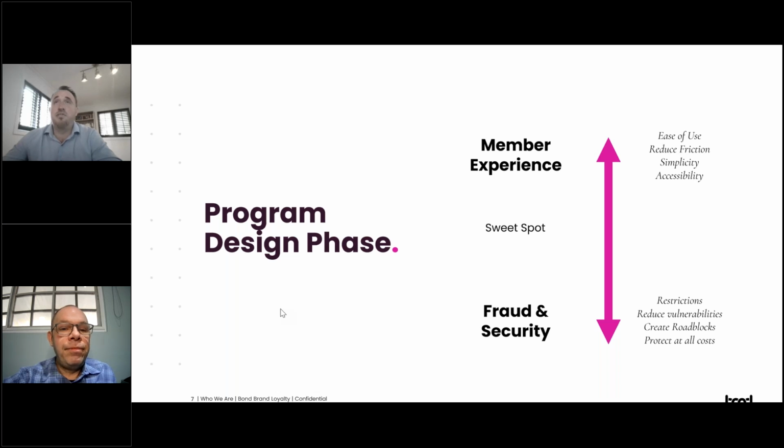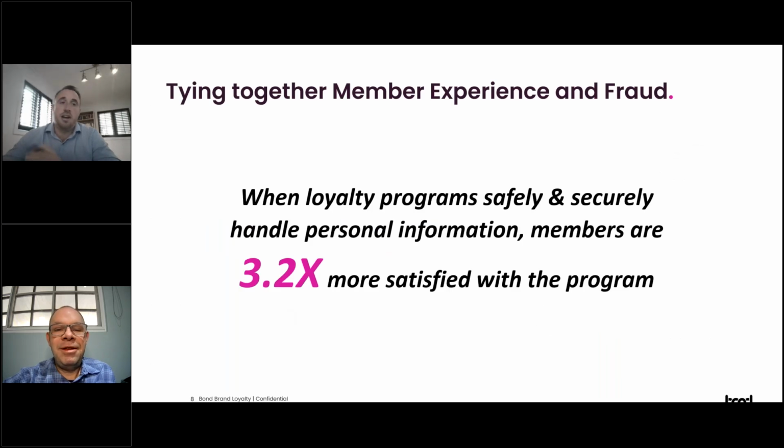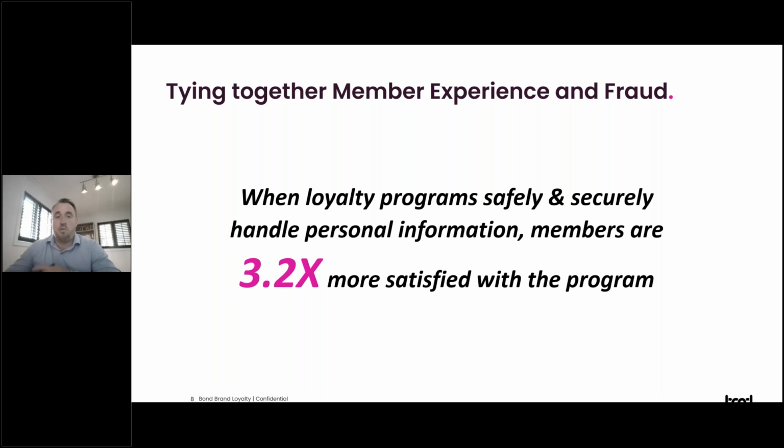I think that's actually a perfect segue into the next slide. So every year Bond, I mentioned it up front, every year Bond conducts the loyalty report in conjunction with Visa, where we're interviewing thousands of members of various loyalty programs around the globe. And one of the important outcomes of the study is to find the elements of a loyalty program that are particularly important to customers. And I think this finding is really relevant to our discussion today and to your question,